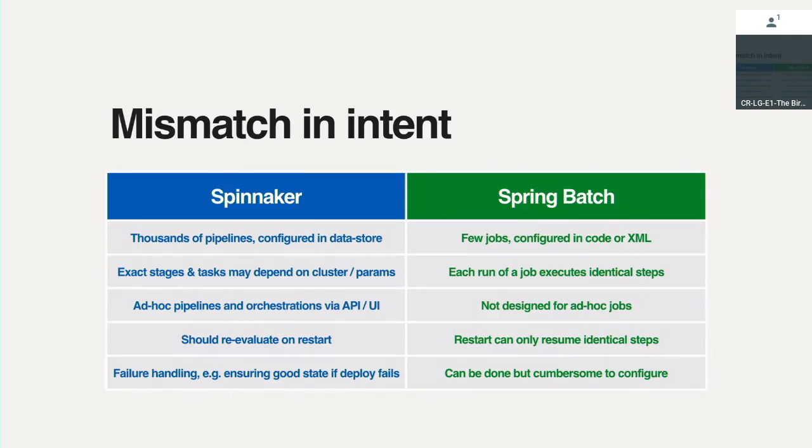This is not to say Spring Batch is a terrible framework at all. It's just we were using it for something it's not really designed for, because of some of these runtime features or topological features that we wanted in terms of what a pipeline is. It's not the tool that's fit for the purpose we were trying to use it for. It's very good at what it does. We were trying to extend it way beyond its capabilities, I think. And one of the things we found is that,